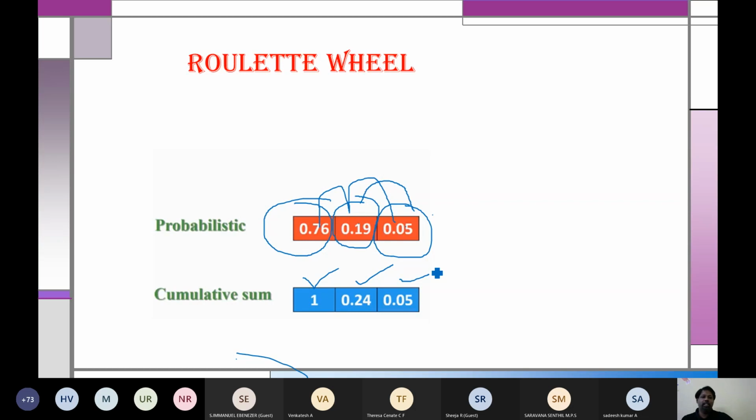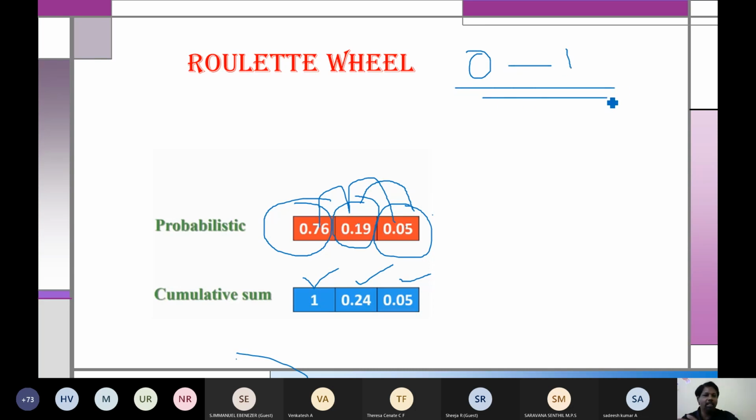This is the probability we had. We have understood that 76% is there, so this path is the shortest. Now we need to make the ant understand that this path has the best probability, go through this path. The next process is coming. In MATLAB, we need to write code for this: code to generate a random number. I'm generating a random number from 0 to 1.